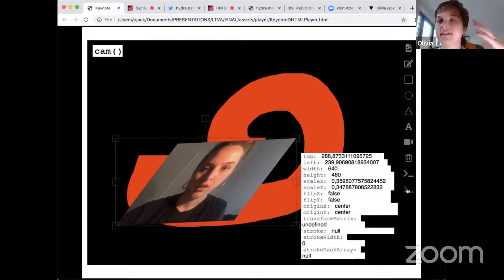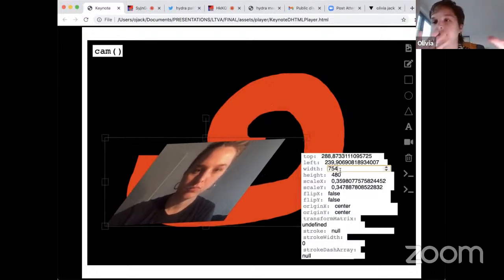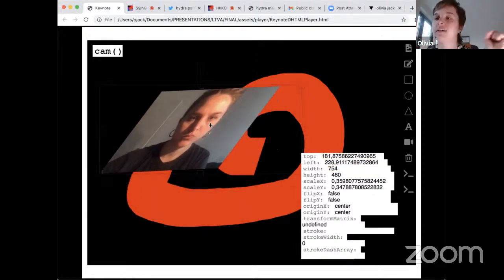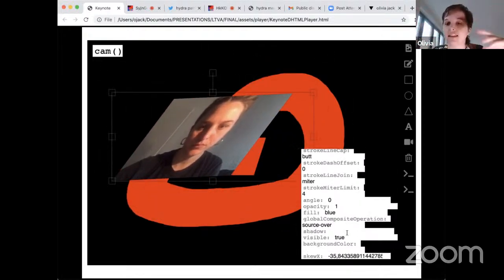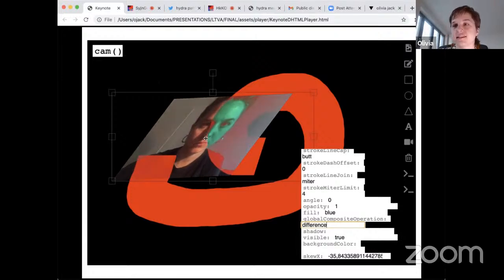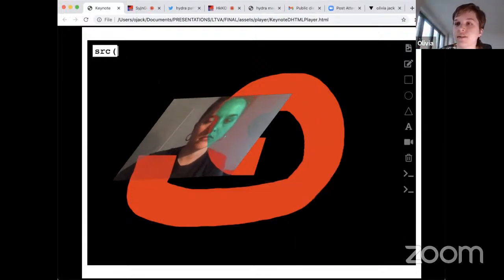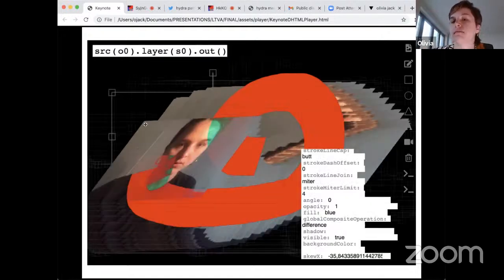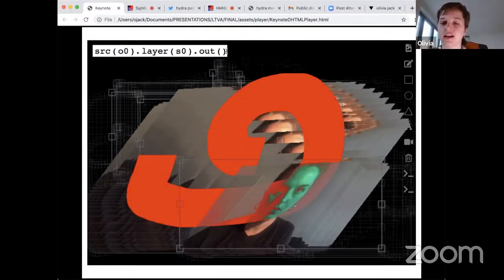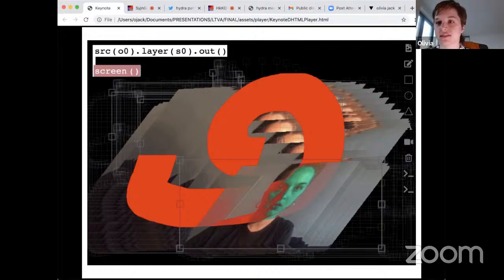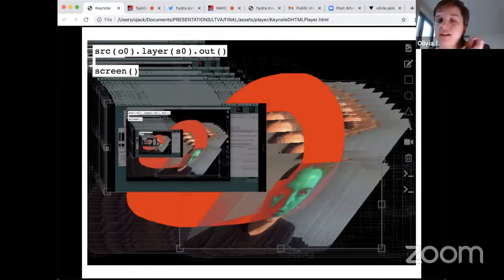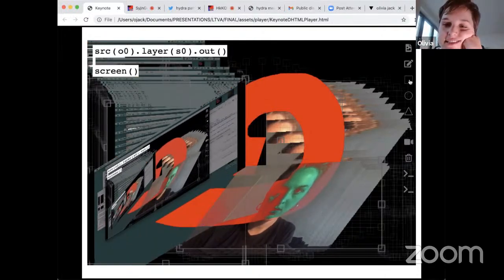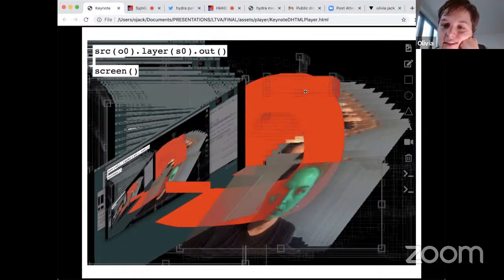As I code a lot, I realize there are some things that I like to do with code that give me high level control, but there are other things that I really like to do with gestures, either dragging or, I like to use MIDI controllers a lot, like turning knobs. So this is a hybrid editor that I've been working on,